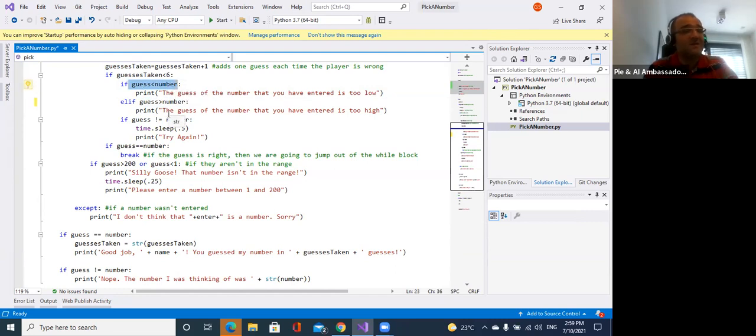Okay, guess is not smaller than number, so we are going to check if it's bigger. Using else if is faster, and especially for this game, which is a very simple game, it didn't have a real effect to move from if to else if. But in general, it's better to go for else if when the conditions are really clear, so there's no need to doubt that maybe both of the cases will be